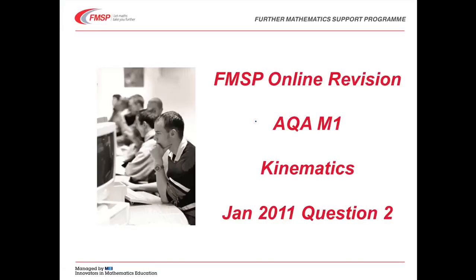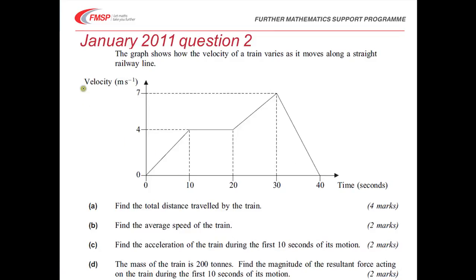This session is for AQA M1, topic is kinematics, and we're looking at question 2 from January 2011. So if we start by having a look at the question, we have a velocity time graph. The velocity of a train varies as it moves along a straight railway line. We're asked firstly to find the total distance travelled by the train, secondly the average speed of the train, and